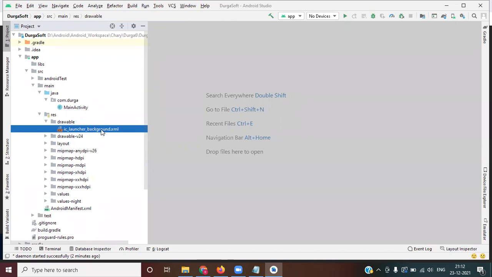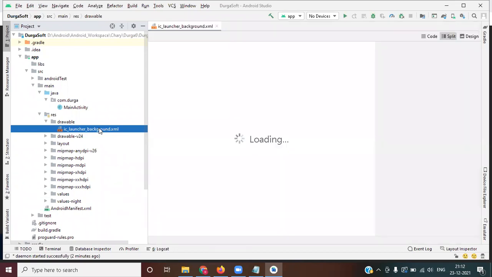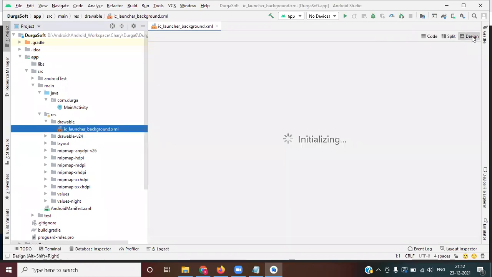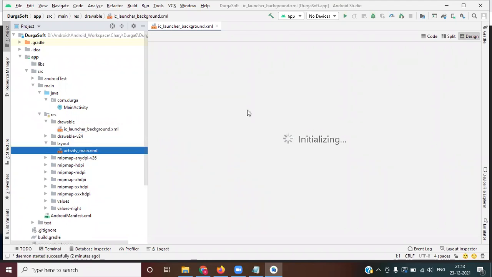Let me launch it. See, this is an image which contains some XML code, and it contains a design window. The design window will display the output of that. After seeing that, you can understand what exactly it is. Till then we'll go to the layout folder. The layout folder also contains main.xml. What is that main.xml? We need to understand. There are also the mipmap folders.